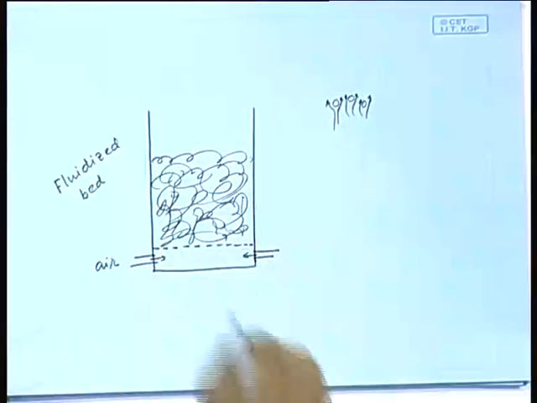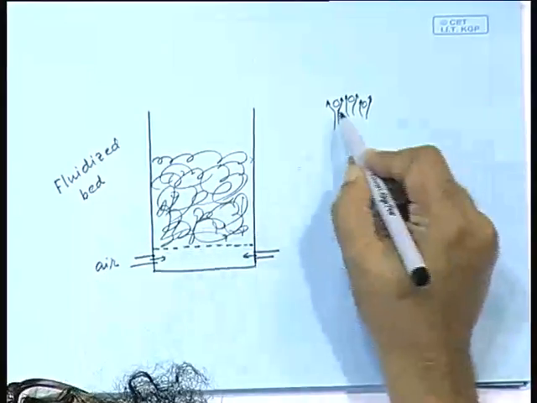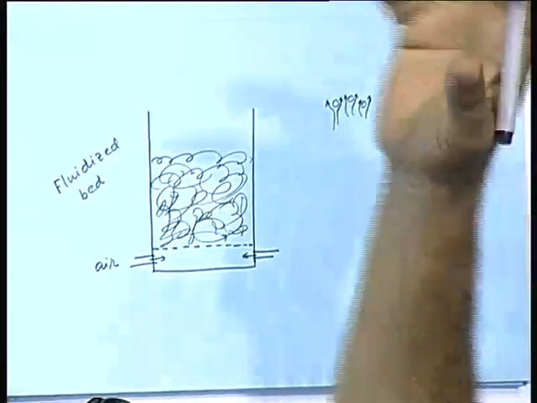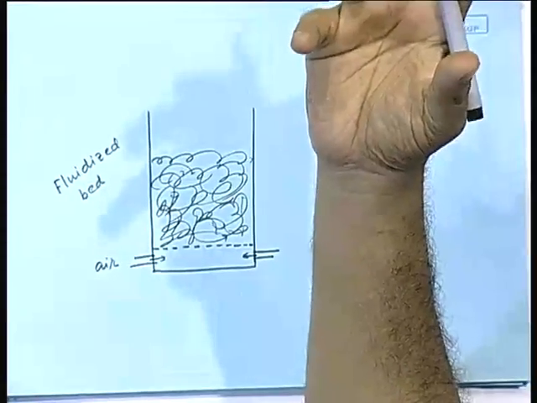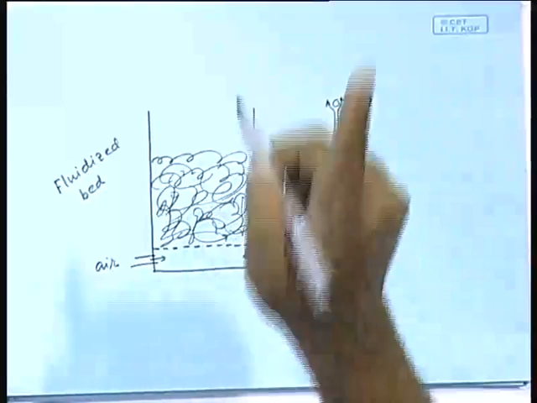Now in this state, if there is burning, that means you introduce heat into it and you burn it, then obviously all the coal particles are not settled, they are all floating in the air. So there will be very high burning. That means you can ensure complete burning even if the particles are not pulverized. So in fluidized bed you can ensure complete burning.